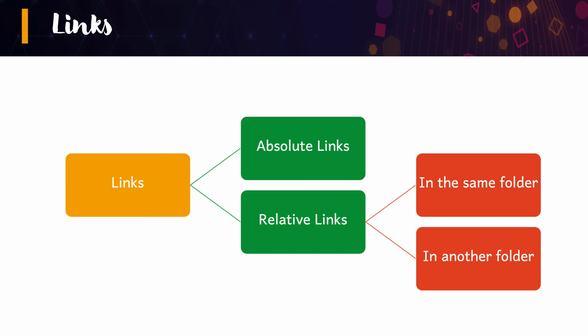So far we have been saying it could lead to another web page in the same site, or it could lead to a completely different website. So the place where we have to go is indicated by something that we have just defined as a URL, right? So these URLs are of two types. One, where a complete URL is given, which is sometimes called an absolute URL or an absolute link, whereby we give the complete reference.